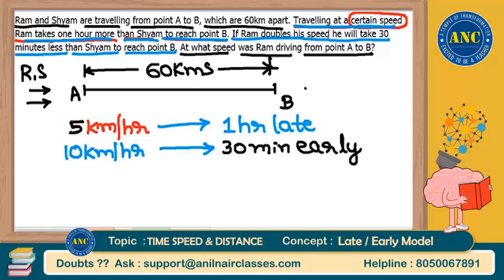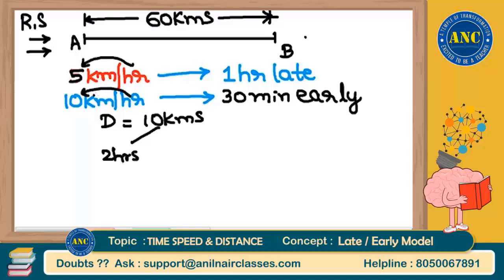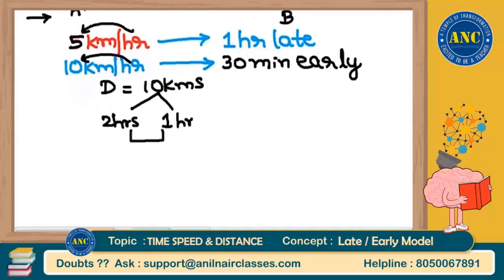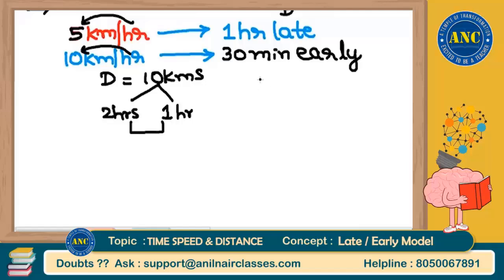Now forget about speed. Question is for speed. Forget about speed. First thing, we can find a distance from this given data. LCM of 5 and 10 kilometers per hour is 10. In 1 hour it is 5. To cover 10 it is 2 hours. In 1 hour it is 10. To cover 10 it is 1 hour. Difference in time in both the time. Now I will not take difference in time because that is not required as of now for me. But what I can do is, can I say that according to my assumption,